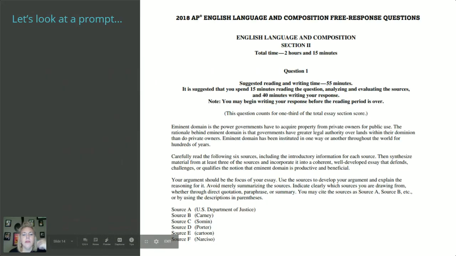And then you see at the bottom there how they have listed your sources. Okay. That information will be repeated. So at the beginning of each source, it will say source A, source B, source C, but it will also have who published it or who wrote it. And so that information in parentheses has been simplified here because on the actual sources, it's going to be within the citation. And so you'll have to kind of pull it out. And so this list just makes it a little bit easier to reference that. Okay, so